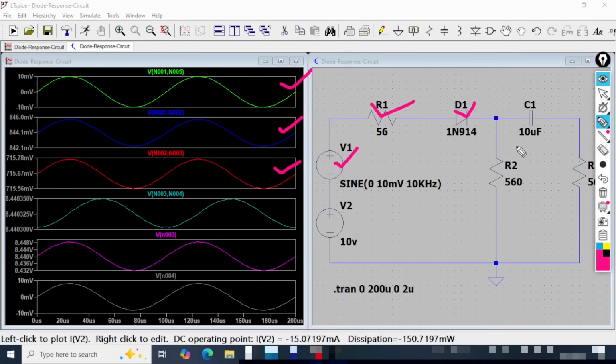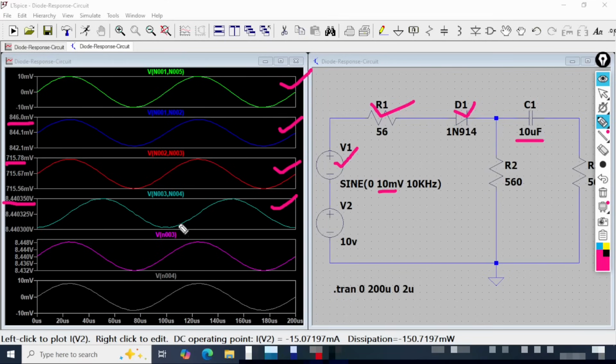Now as we go further to the capacitor, it does have a shift. And if we look at the amplitude level, this was 10 millivolt. Now we are getting here somewhat 850 millivolt, around this is 715 millivolt, maximum, that is peak. And here in the capacitor, we are getting a much higher voltage, that is 8.4 volt, as a swing. So you can see the waveform is also getting amplified here, as the amplitude,